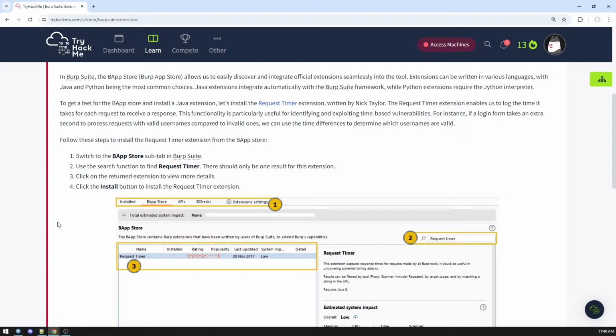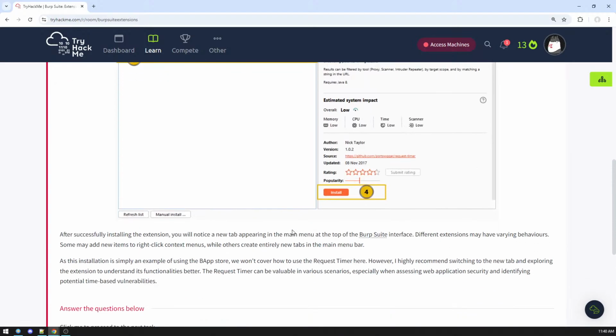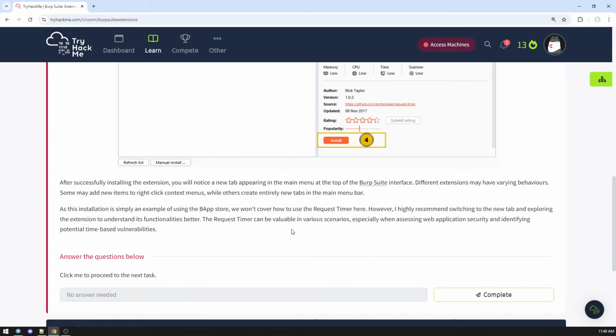Switch to the BApp Store subtab in Burp Suite. Use the search function to find the Request Timer. There should only be one result for this extension. Click on the returned extension to view more details. Click the install button to install the Request Timer extension. 超便利じゃん。むしろなんでデフォルトでないの？After successfully installing the extension, you will notice a new tab appearing in the main menu at the top